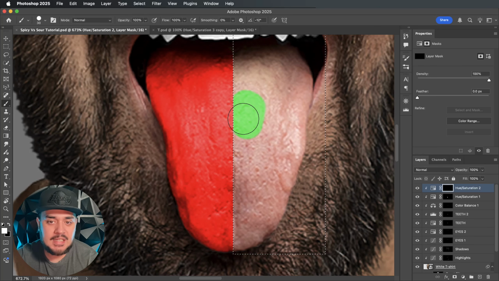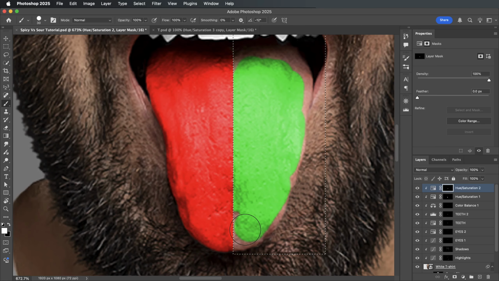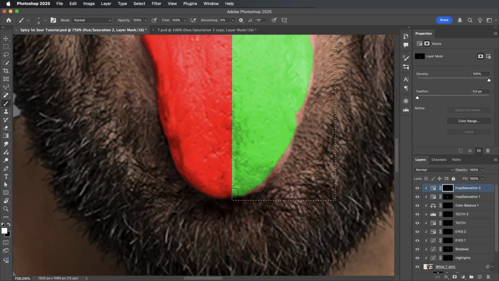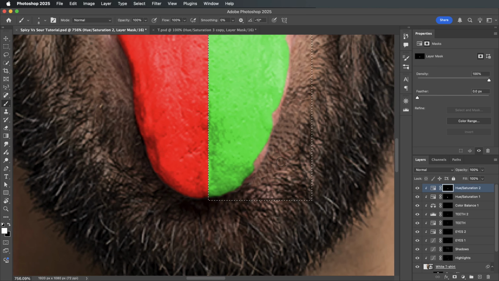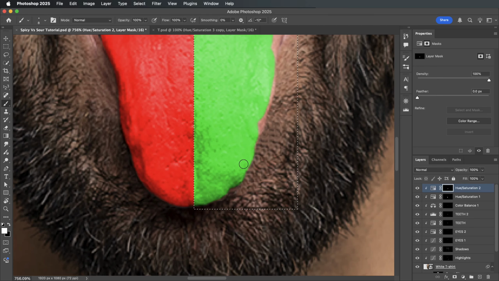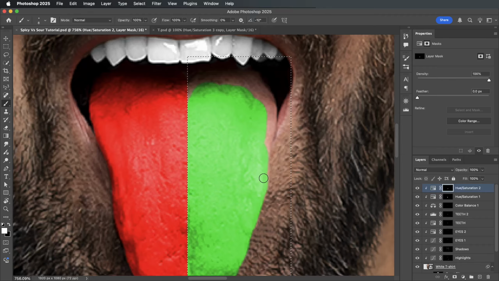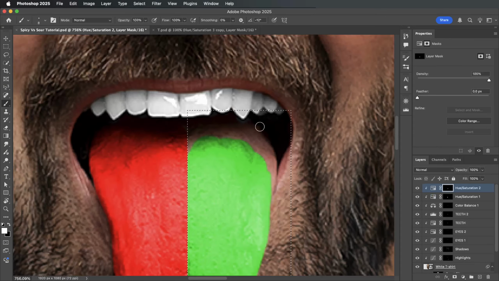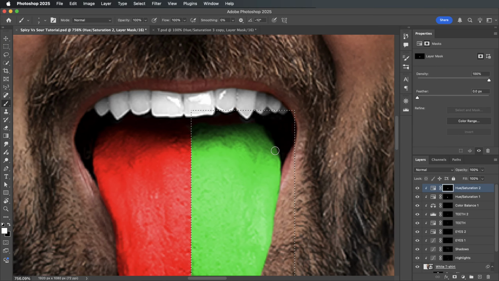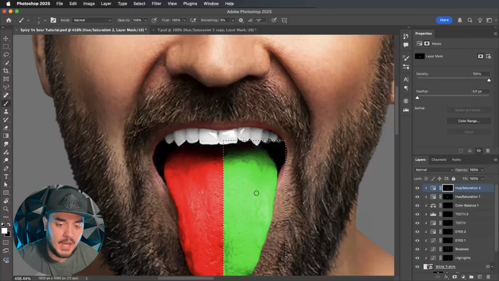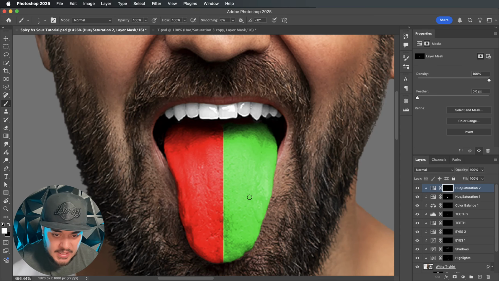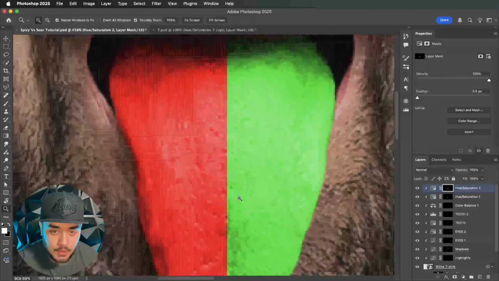And now let's just paint in on the right hand side of the tongue. Okay, like so. So now let's press Command or Control D to deselect, and yep, that selection was perfect, but